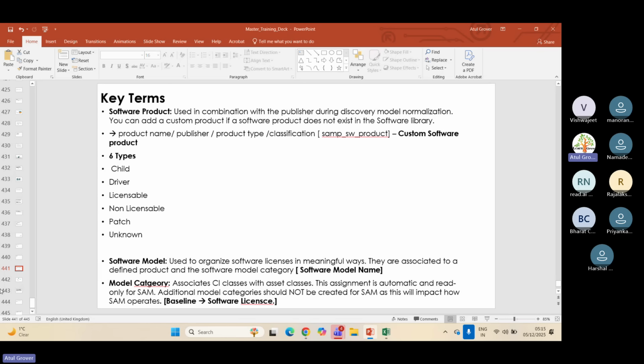So what happened totally? A software model is used to organize software licenses in a meaningful way. They are associated with the defined product and the category. It is between these two. So if I want to show you something on this one,